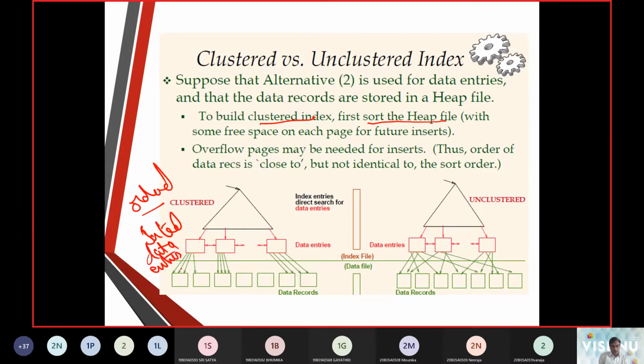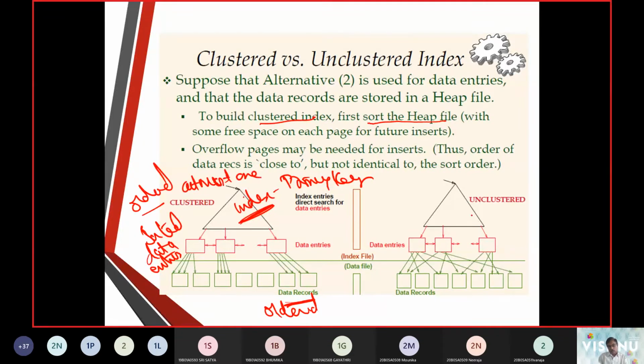Then we are going to have data records which are ordered, and it is going to have index entries. So the index entry takes up the primary key.